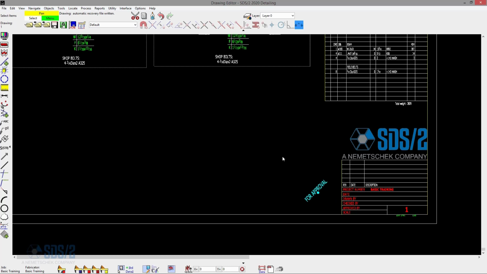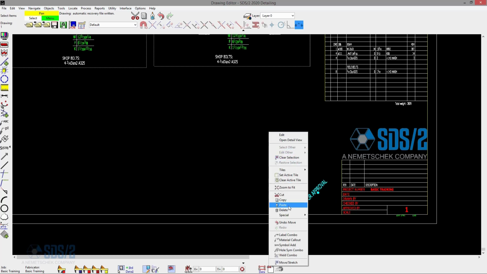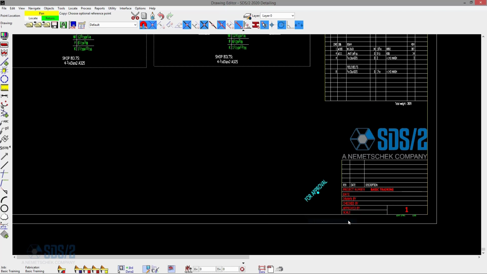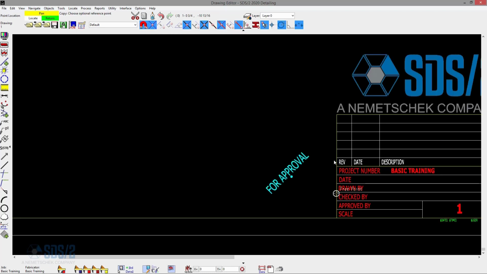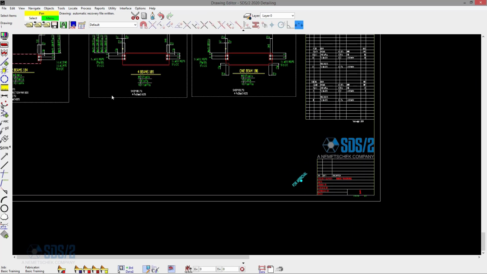So if I select this, I can right click, go to special, go to copy with reference point, and I can select a location now that I can snap to that's going to be the same for every sheet. So I'm just going to pick right here, and now I'll hit save